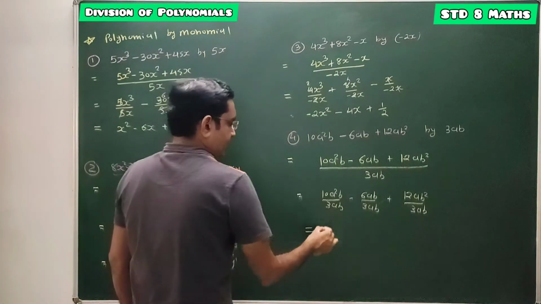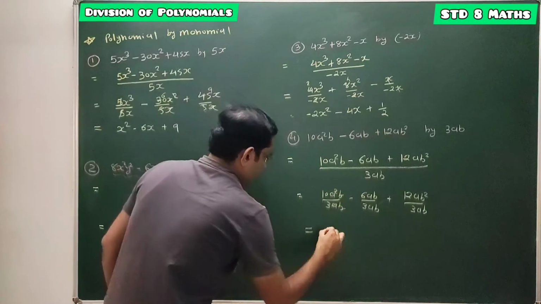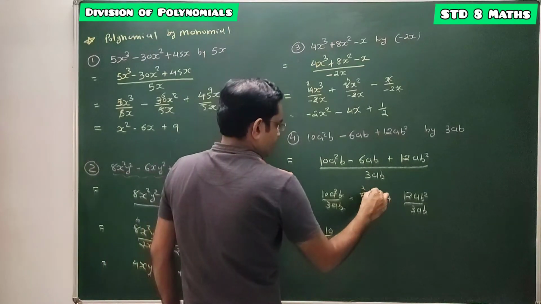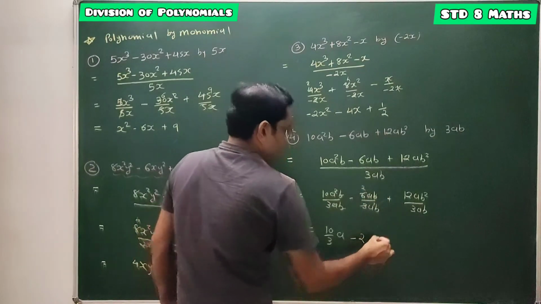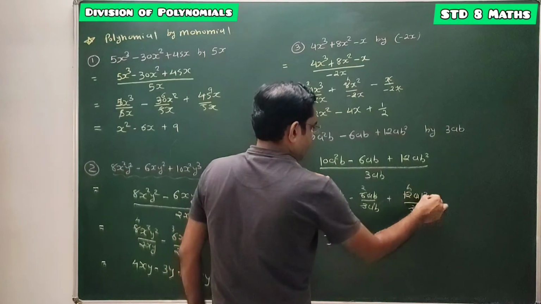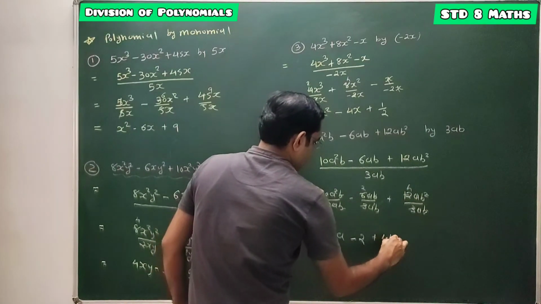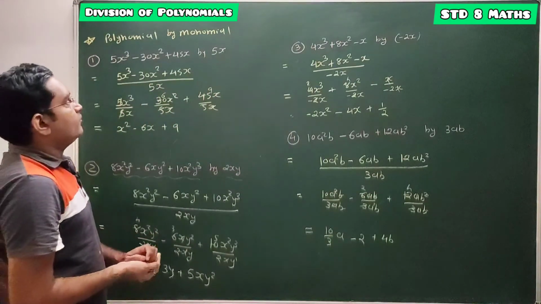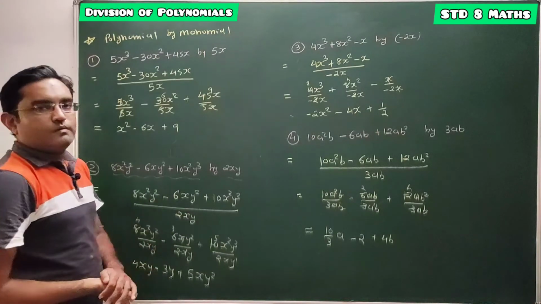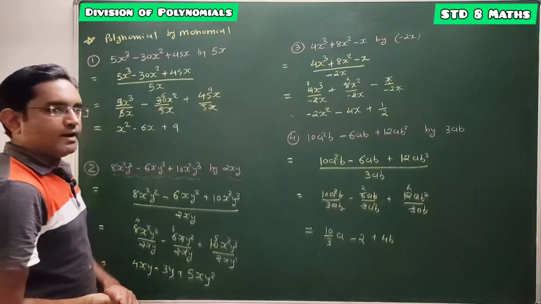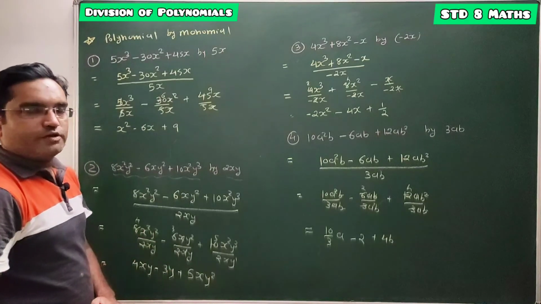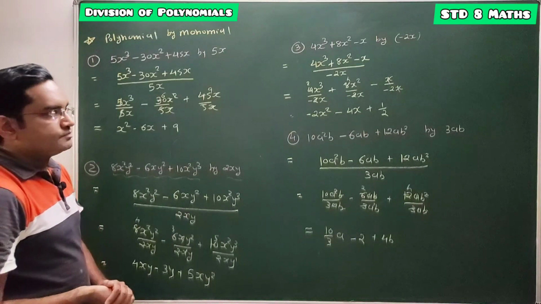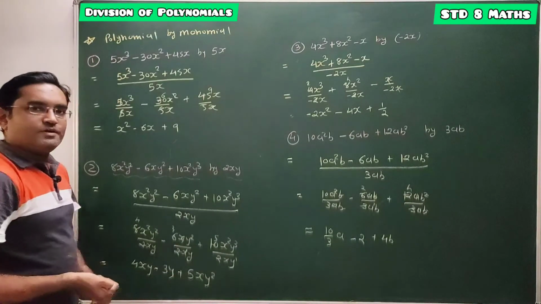So this is equal to 10 by 3, a cut, b cut. So it's 10 by 3 a. 3 twos are 6, ab cut. So it's a minus 2, and 3 fours are 12, a cut, b. So it's a plus 4b. Done. So this is how you can perform division of a polynomial by a monomial. Try some more sums by yourself from the NCERT textbook as well as the NCERT exemplar. Pause the video and note it down.